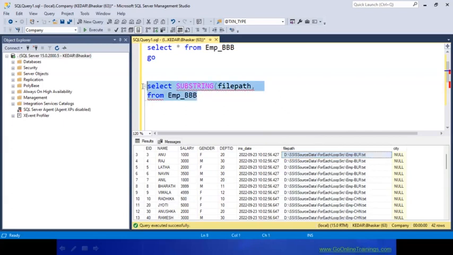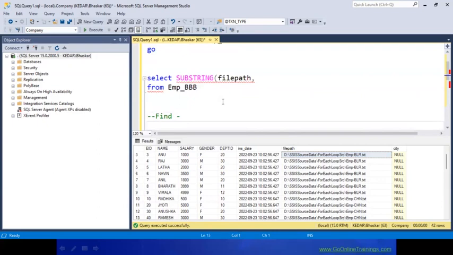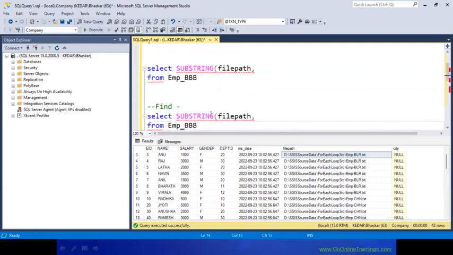So first you need to find the hyphen. So how to do that? You have to use CHARINDEX. I don't know whether you people have used all these or not. File path, you need to go and verify. What is it I would like to verify? I would like to verify hyphen. Wherever there is a hyphen, give that starting position number. So when you execute, it is going to give you